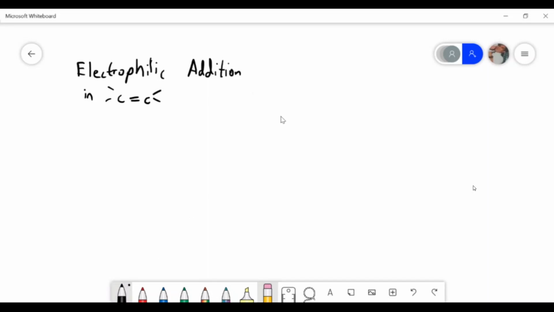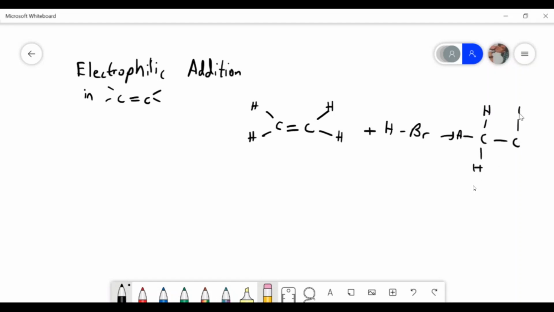An example of this would be ethene reacting with HBr to form your halogenoalkane. So yay, we have formed the